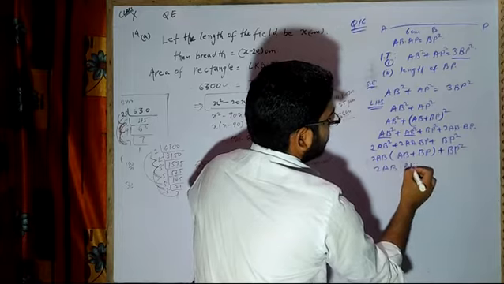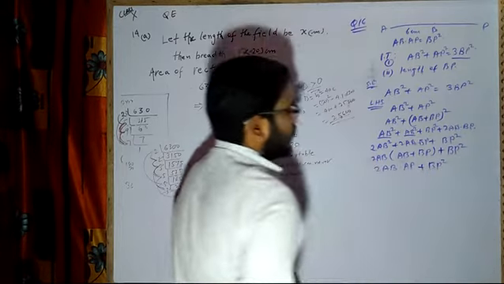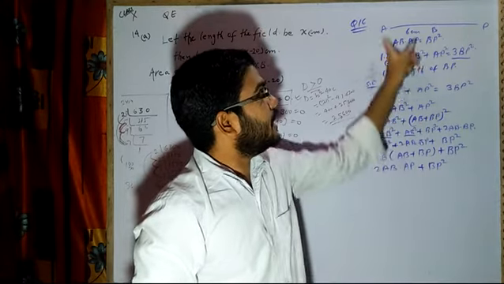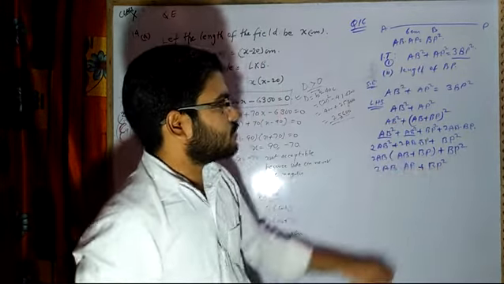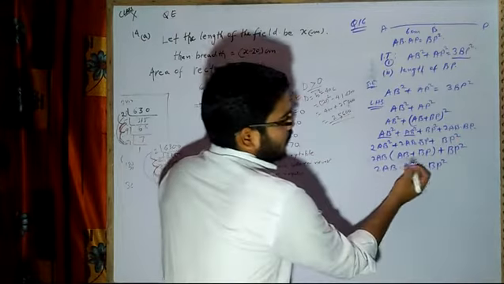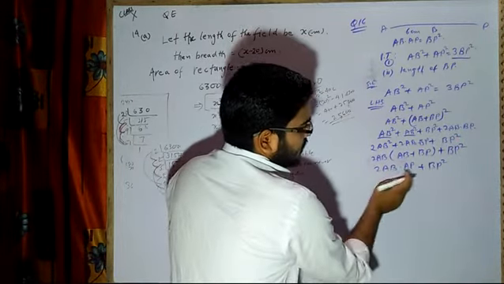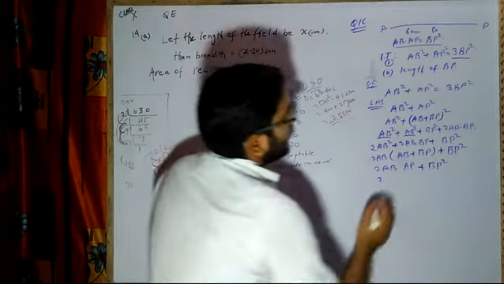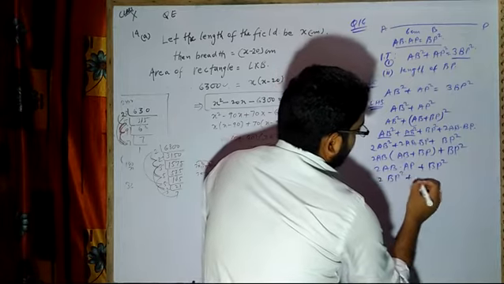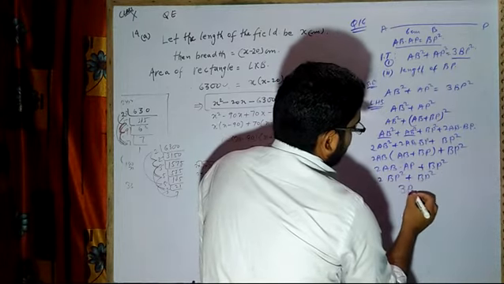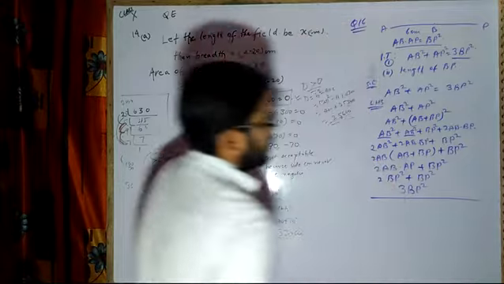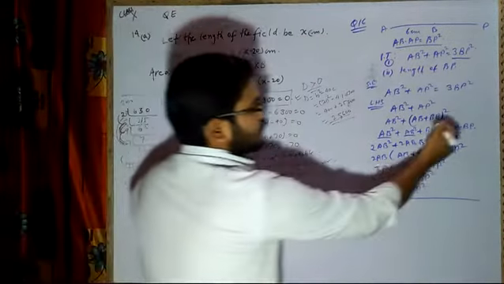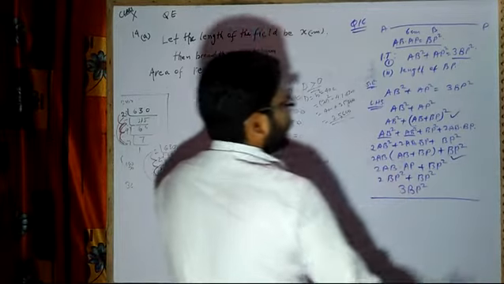Now AB plus BP is equal to AP, as you can write. See what happened: AB square plus AP square, in place of AP I have written AB plus BP, correct. After that I have expanded and then arranged it, and then I wrote AB plus BP, which is equal to AP only. Now this can be written as AB into BP, which is given as, what is it given as? It is given as BP square. So I will write BP square plus BP square, which is already there, so it will become 3BP square. I hope it is clear. You just have to arrange these terms again and again. 2 times you have to change, one here and then here, and then you will be able to solve this one.